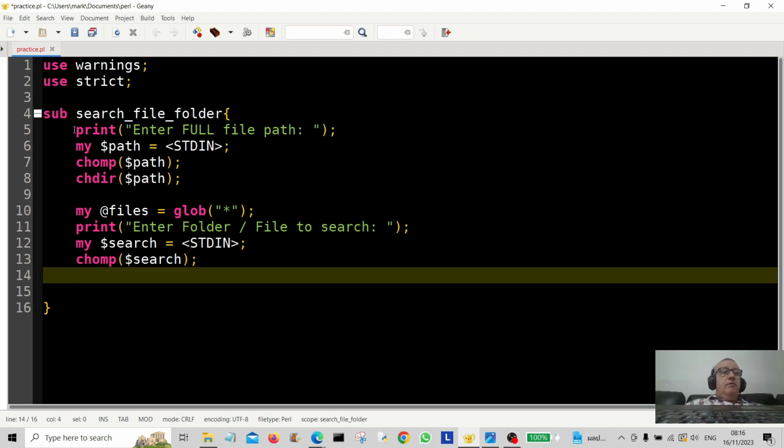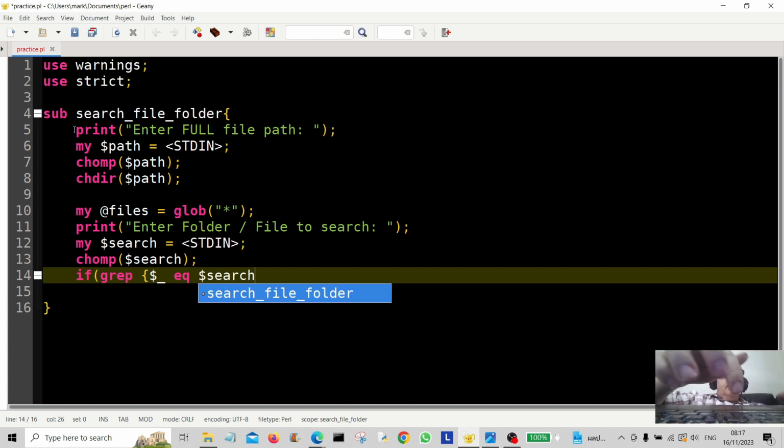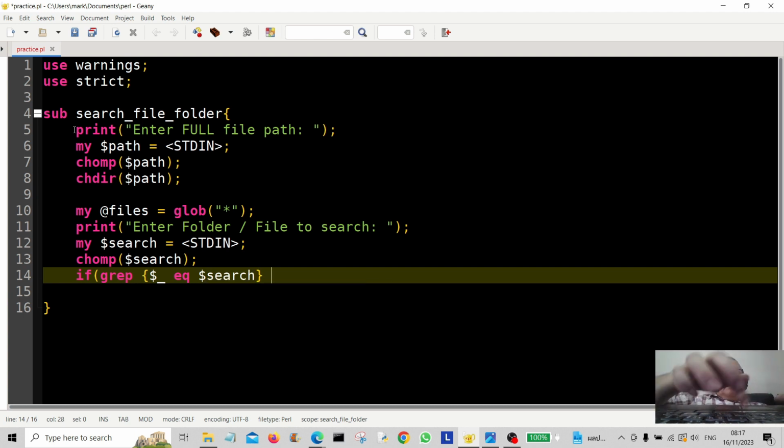Okay, now we're going to do the little search part of it, and we're going to use grep to do the search here, so to do the matching. So if grep, and then we're going to use the iterator here to iterate over everything, is equal to search in the array of files,